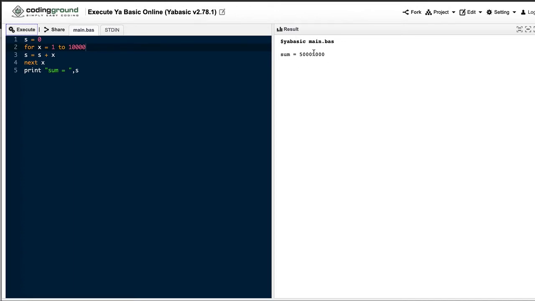See, we are getting that value now. Get the point? A sum till 10, I guess everybody knows. How much is the sum till 10, people? Okay, anyways. Got the point? Is it clear?